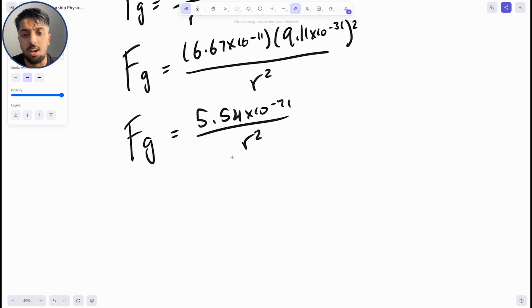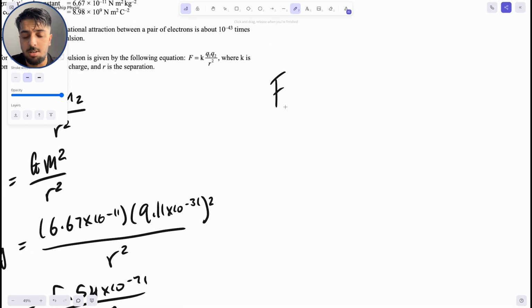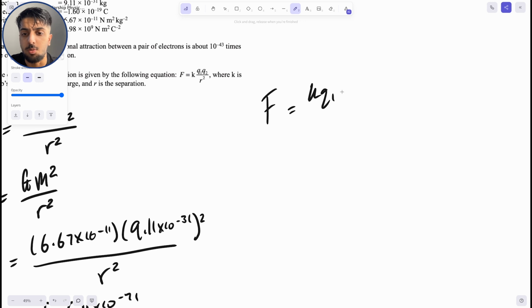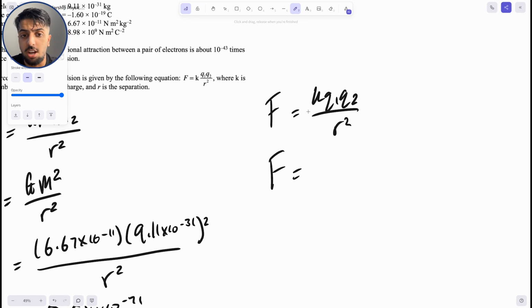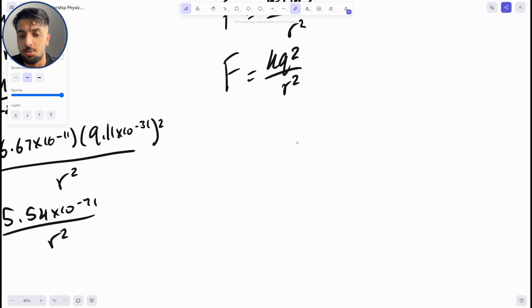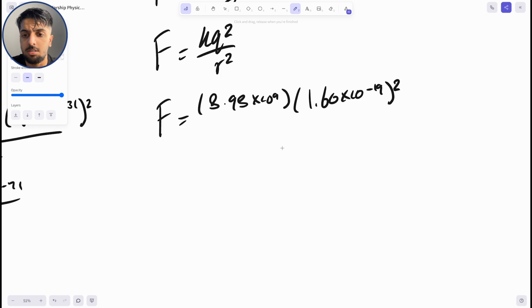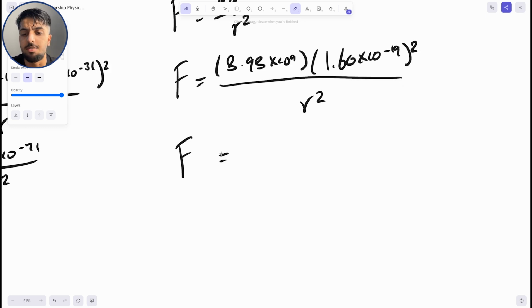Again, we're just leaving that R squared for now. So now our force of electrostatic repulsion is equal to KQ1Q2 all over R squared, where our charges of both electrons are again the same because they're both electrons. So our equation is just KQ squared all over R squared. And so plugging in our numbers, that gives us a value of